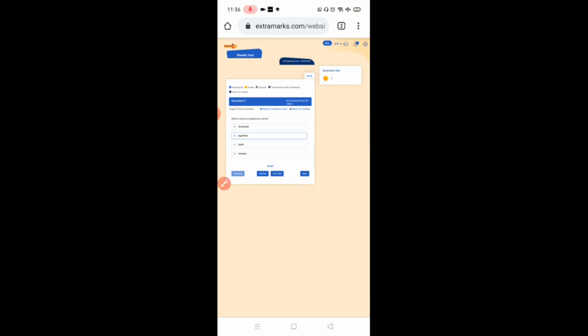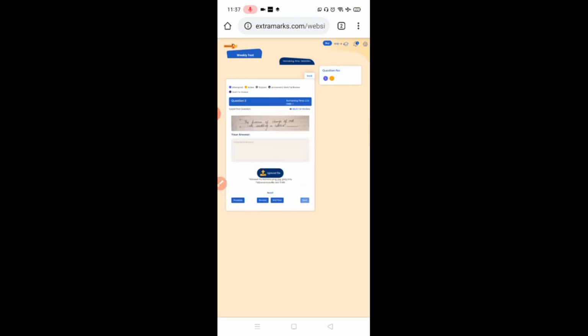See, right now the timer is running, 1 minute 18 seconds is left. If the timer runs out and you are unable to press the next button, then you won't be able to attempt this question anymore. You just have to move on to the next question. So please give your answer in this stipulated time only. You can also check how many marks there are. Can you see, mm means maximum marks. I have just selected the answer and I will click next.